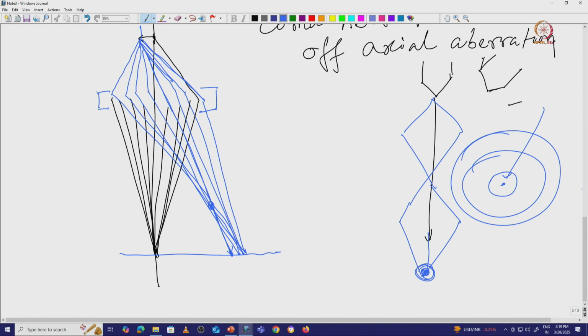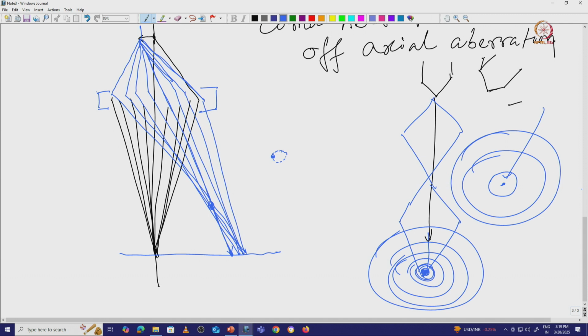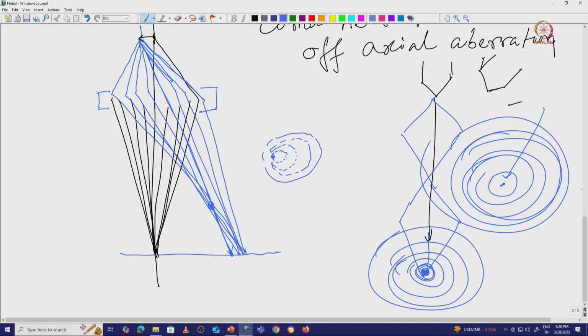So if we want, there will be a center, and then from this center the beam will start increasing and the beam will move like that. In this particular case that is not going to happen. It will start from one particular corner, and then the beam will start spreading like this. The beam will not start spreading from the center and enlarge like this. So it has a coma shape.